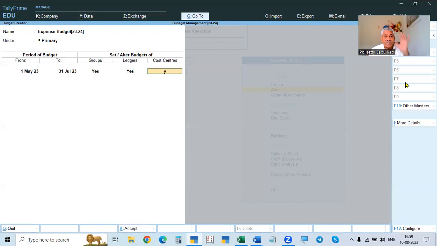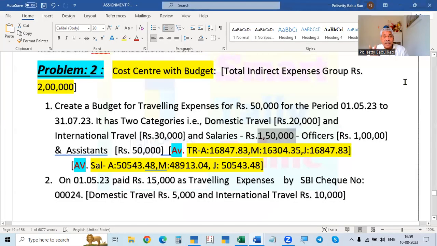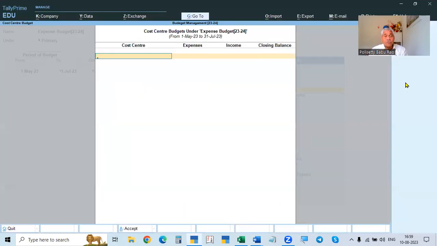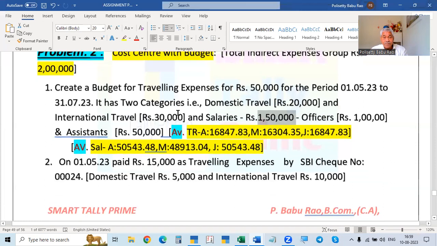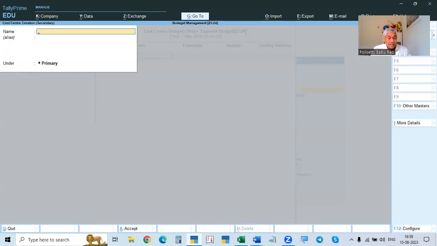Now go to the cost centers. Yeah, we have to create that, because ledgers we created, cost centers we did not create, to show you. Now you go to cost centers. What are the cost centers? For traveling expenses, there are 2 cost centers: domestic travel, international travel. For salaries, officers and assistants. Okay, we'll take up. So here it is not created. So I will create domestic